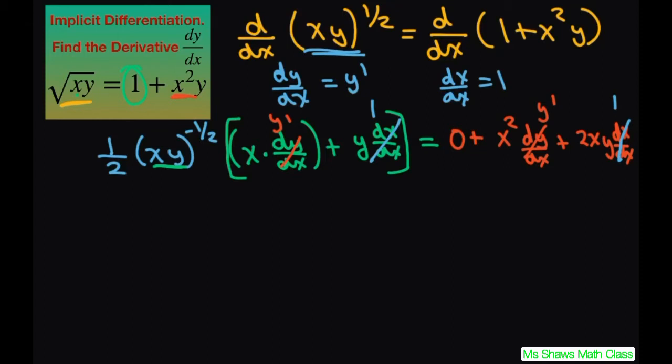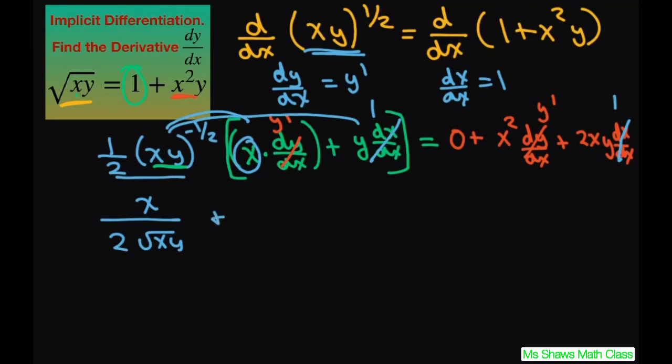This first part is going to be x, for this, I'm distributing, divided by 2 square root of xy. So that's that part. And then for this, you're going to get plus y divided by, oh, and this was y prime too. So we should have a y prime there. Plus y divided by the same thing, 2 square root of xy. Equals, and this side's going to be